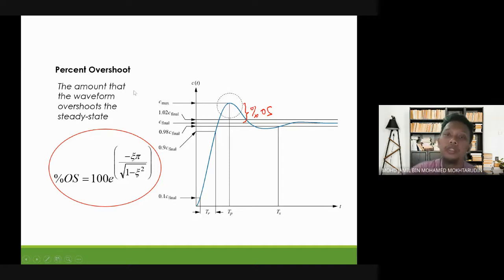So the formula is also given as percent OS equals Cmax minus C final, divided by C final, times 100. Okay, just finding the percentage difference. Okay,